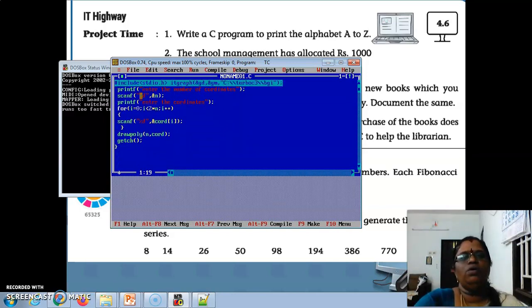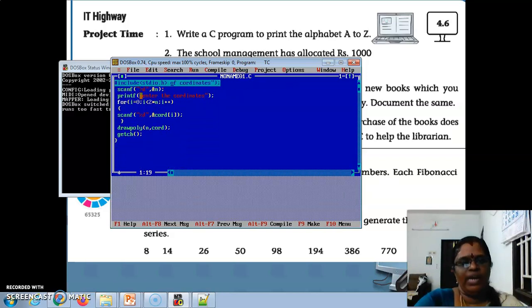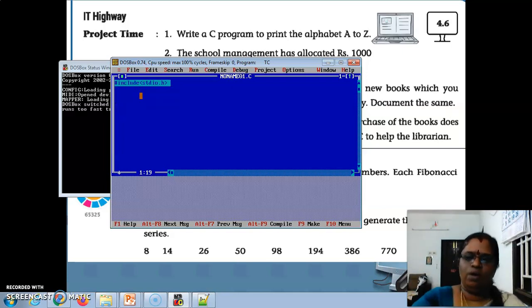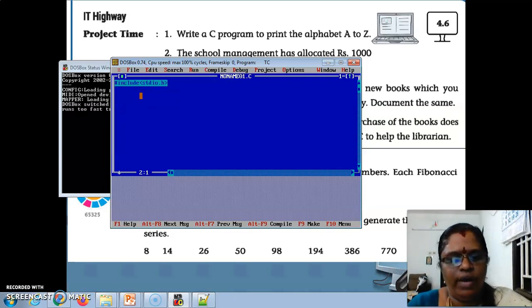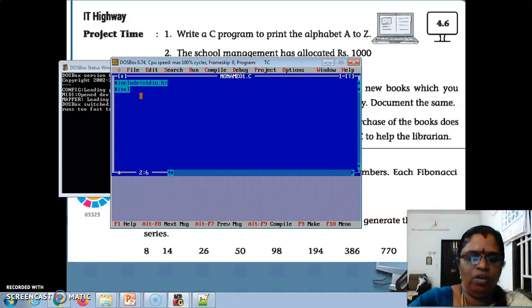In this new program, I am going to help the school librarian purchase the books according to the given amount. The given amount is 1000. For that, we are going to write a program in a loop such that we'll be getting the amount of the book.